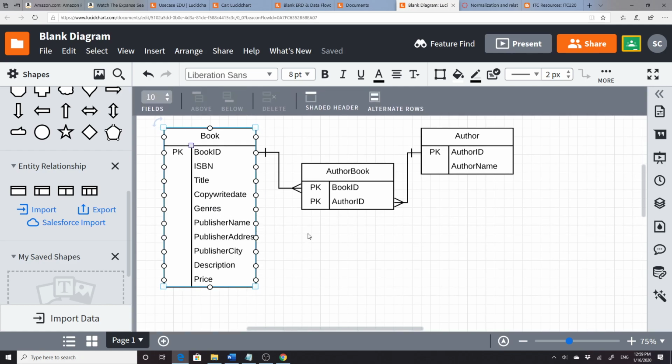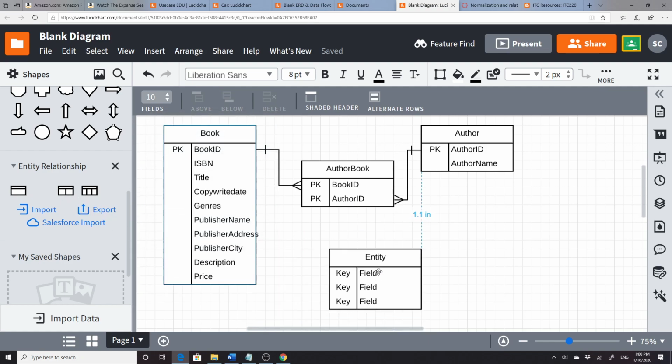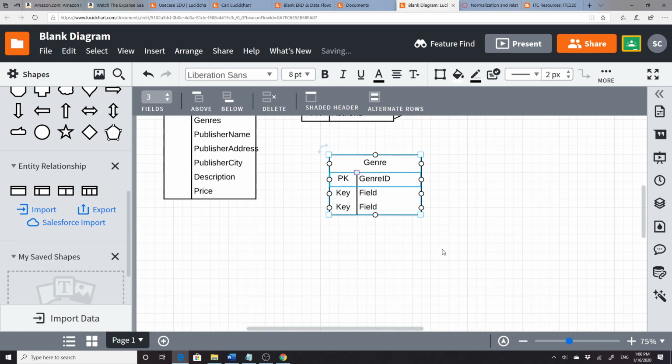And some books, you could say it's sci-fi fantasy, or you could say it's fantasy mystery, or something like that. So I'm going to create a genre entity. A couple things I want to show you here. One is, I'm going to do a genre ID, and I'm going to make that a primary key. One thing you never, ever want to do is to say, like, science fiction, fantasy,